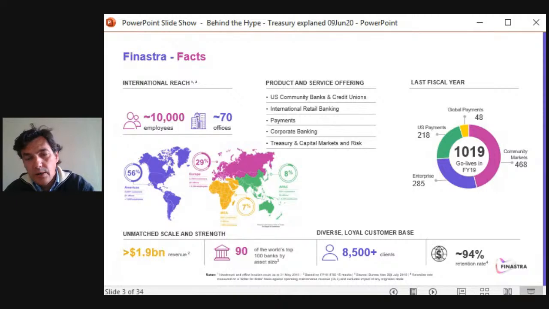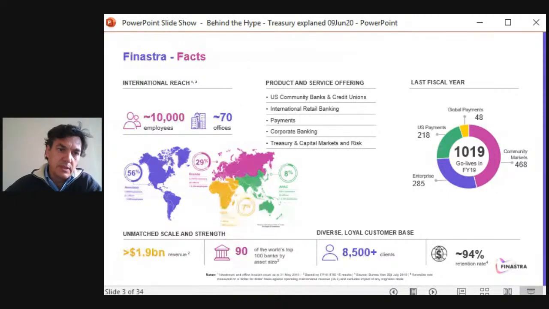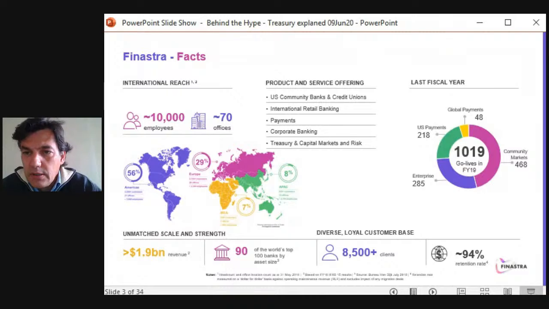As you know, we are a big vendor in terms of banking solutions. What is interesting is that we have a very wide breadth and depth of integrated solutions, which means that we are very well positioned to talk about treasury, because obviously all the systems go back into the treasury. We'll see that later on. The good thing is that we have sold solutions all over the world, and we can have a touch and a feeling of what happens in every single country, and we can become regional as well.